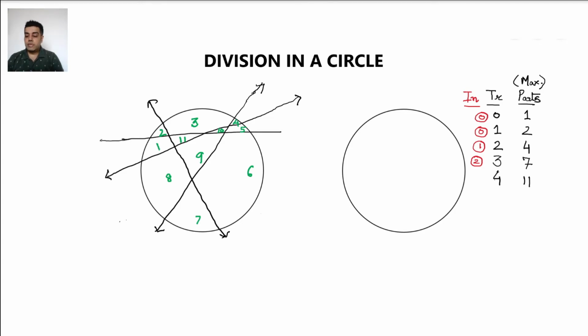So now when I talk about one part, 1 comes to 2 only when I add another 1 to it. Next, when I add 2 to a 2, I get 4. 4 plus 3 gives me a 7. And 7 plus 4 should give me an 11. So from here I get a hint that the next addition which should take place here is 5.